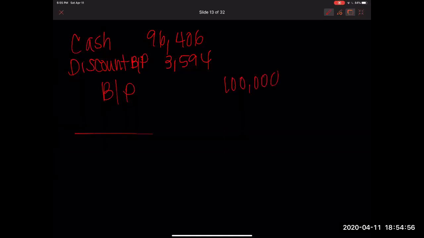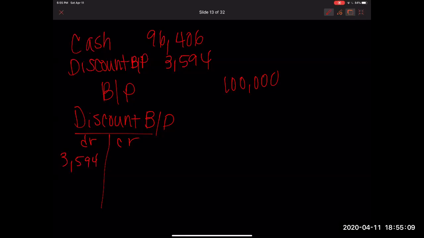If I can show you a T account of what this looks like, here's your discount on bonds payable. When we initially recorded it, it was for $3,594. Over the life of this bond, we are going to keep decreasing this amount until it gets down to zero, so that we have accounted for this discount, the money that we did not get. The way we're going to do that is called the straight-line method, where we take the full amount of the discount, which is the $3,594,